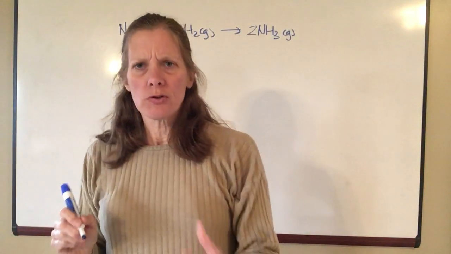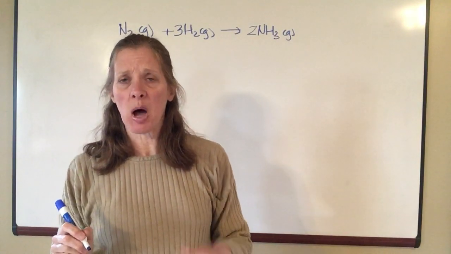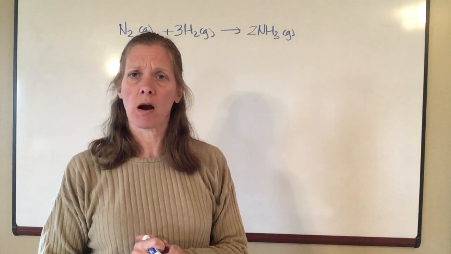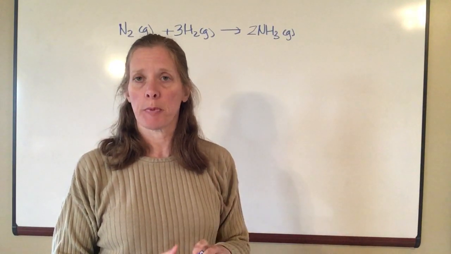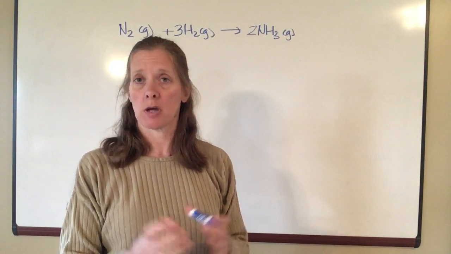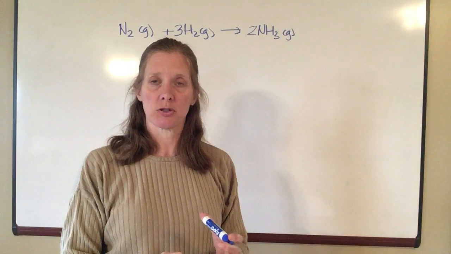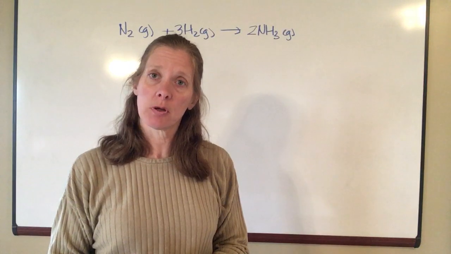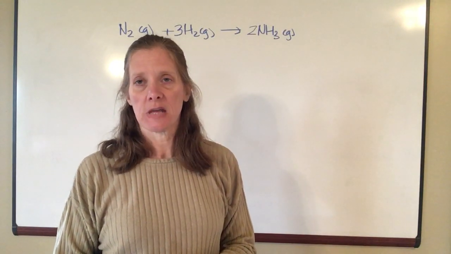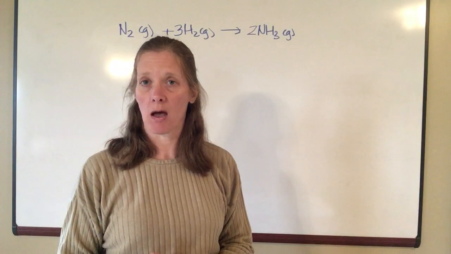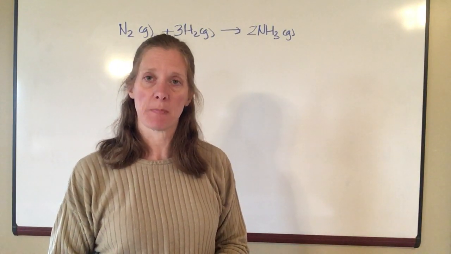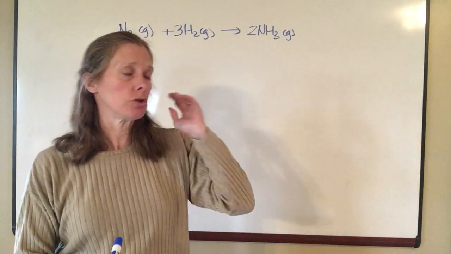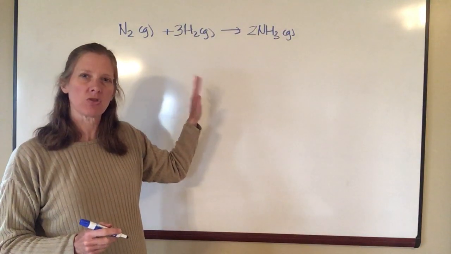Okay, in order to look at the type of bonds that you have, if you remember when we talked about bonds before, there are single bonds, there are double bonds, there are triple bonds. A triple bond is much, much stronger than a double bond. A double bond is stronger than a single bond. So in order to break those bonds requires a specific amount of energy. And on the table in your textbook, you will see a table for specific kinds of bonds and how much energy it takes to make and how much energy it takes to break those bonds. So the first thing we have to do in a situation like this is say, okay, what do these molecules